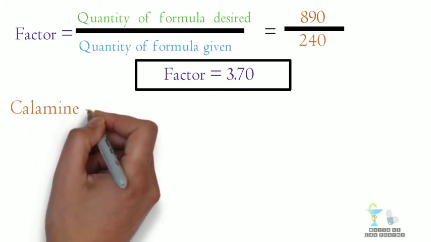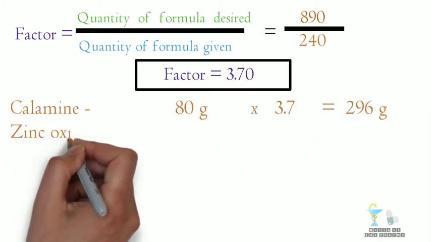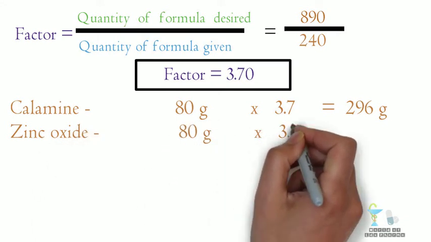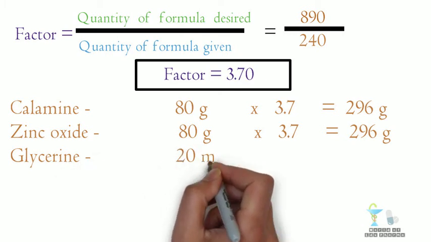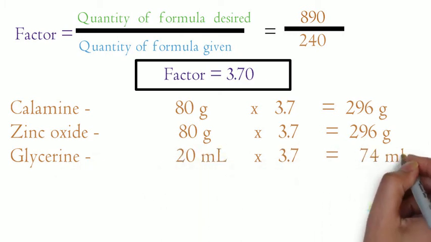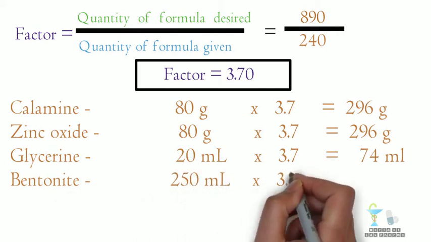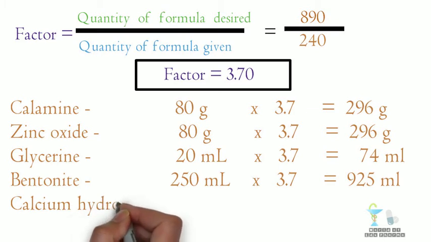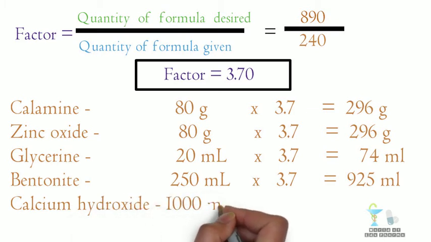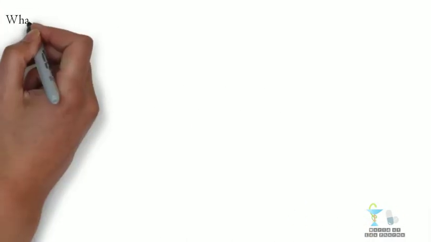Therefore, by multiplying the amount of each ingredient we get 296 grams of calamine. Again 296 grams of zinc oxide. 74 ml of glycerin. 925 ml of bentonite and finally 3700 ml of calcium hydroxide. That's it. In addition to this, the question will be in this type also,